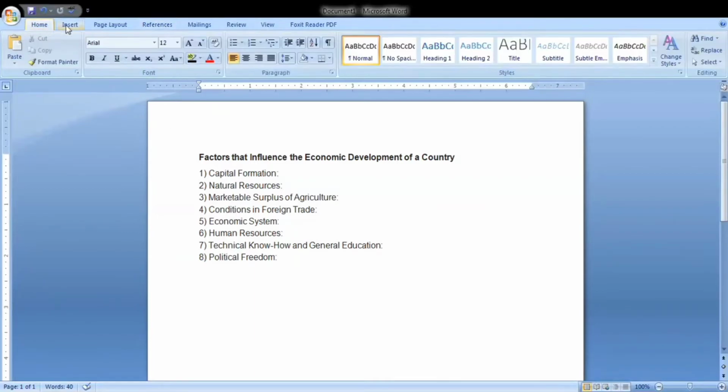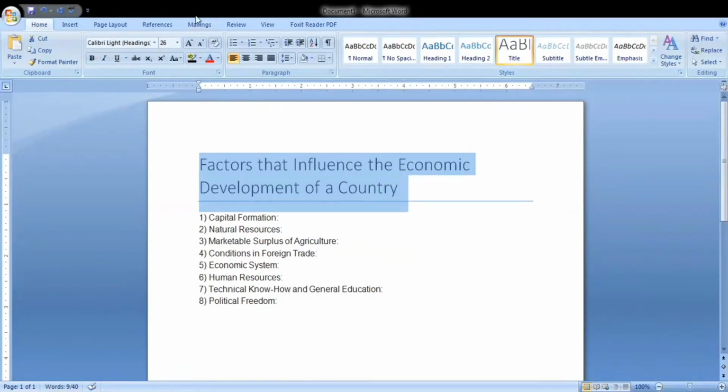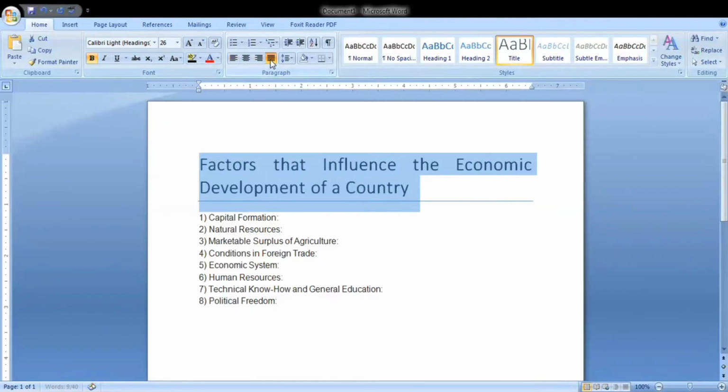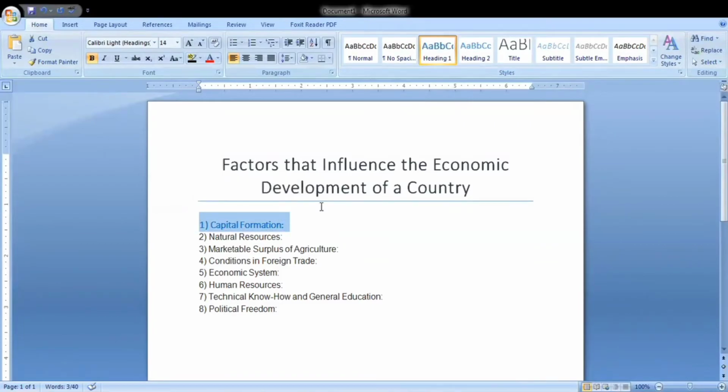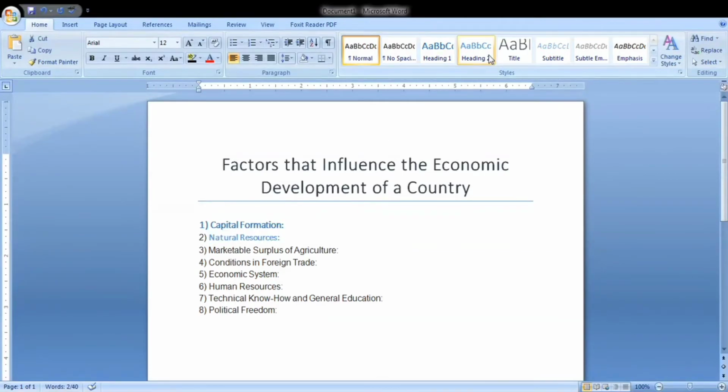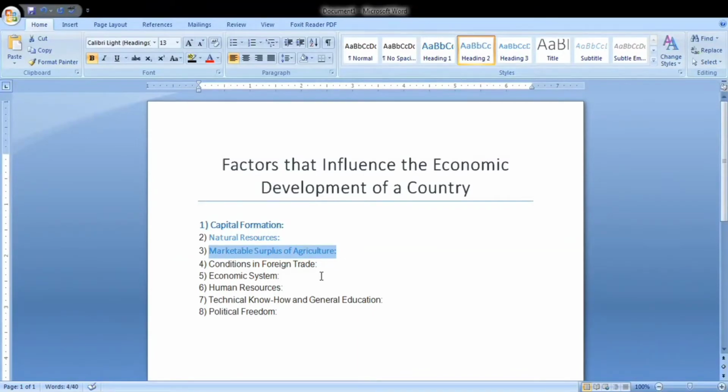So let's start. So let's suppose I select this as title, and capital formation as first heading, natural resources as a second heading of this, marketable surplus as a second heading of this, and conditions in foreign trade as a first heading,